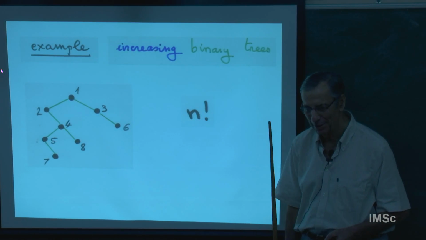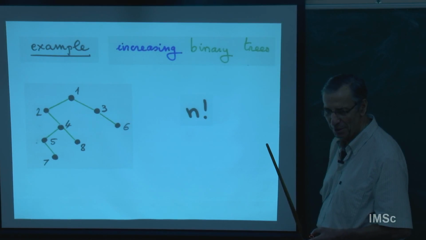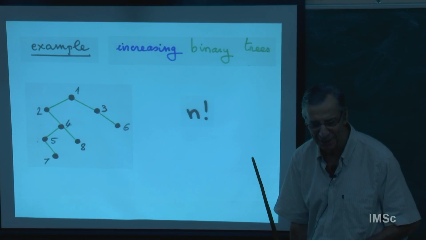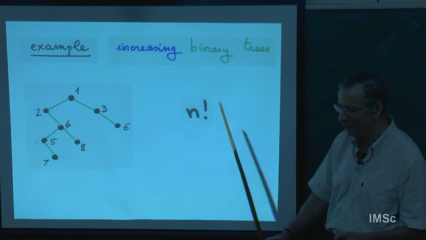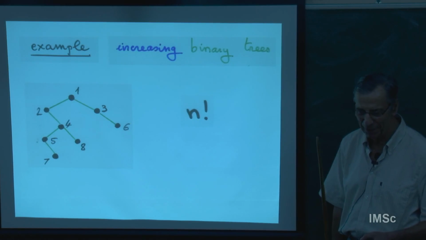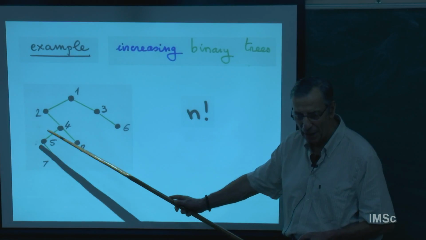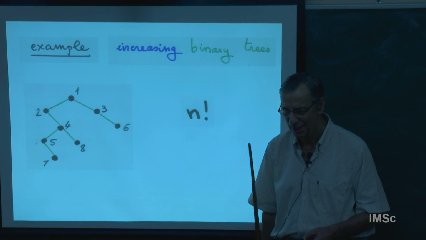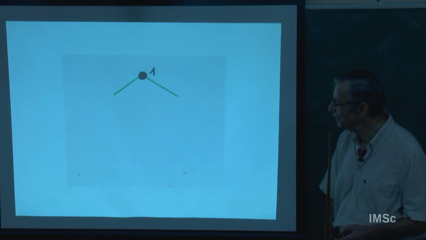So I anticipate this is one of the fundamental objects of the n factorial garden. Some students seem surprised that this is n factorial. I give you: labeled binary trees are counted by n factorial. No restriction? The restriction is that it's increasing when you go down. So I give you immediately the proof, and you will be convinced that this is n factorial.